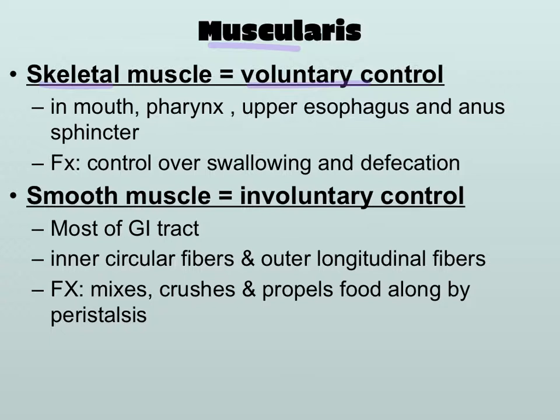Once we hit the spot in the back of our throat, it starts to become reflexive, but we somewhat control that. And as long as we're not suffering from any weird ailment, we can control when we defecate as well. These areas are controlled by, again, skeletal muscle, which means that we have control over it. Much of the GI tract, though, is smooth muscle. And smooth muscle is involuntary in nature.